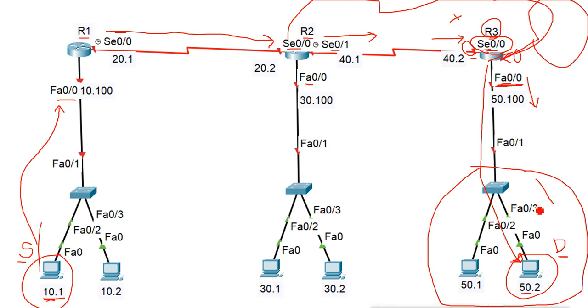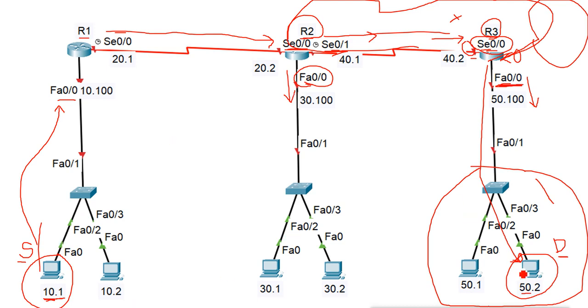Suppose I create the standard list on this router 2 and apply it on this serial interface. Then again the same case: the whole network of this side will be blocked, and if it has another path, it can go from that side. If I apply it on this interface, then it will never be used. Remember, the data is going from this interface to this interface. It is not coming on this interface. So the list will never be used for it, and the 10.1 will still access the 50.2.